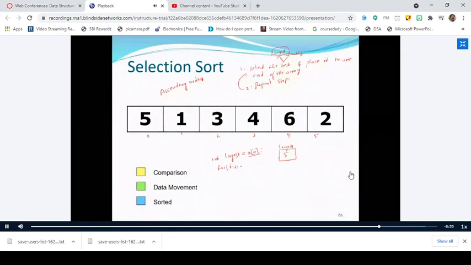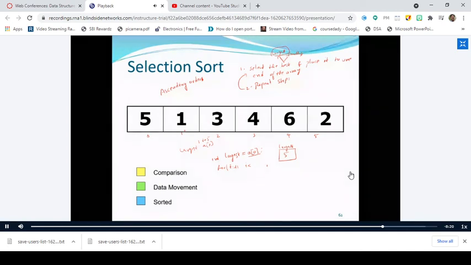Now what you will do is you will compare the largest element with the other elements of the array. Now you compare 5 with 1. Right? 5 with 1 means 5 with A of 0. Compared with A of i, where i ranges from 1 to 5 here. So you compare the largest value with A of 1 right now. So 5 compared with 1. Which one is largest? 5, sir.